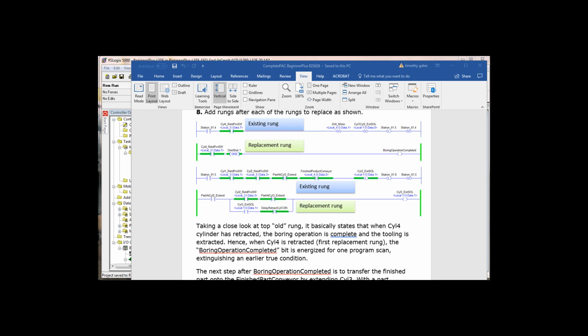So you can kiss the last two goodbye quickly, because we're not doing that anymore. So now we have to control cylinder 3. Let's look at the logic, the replacement rung. If there is a part at cylinder 2 extend